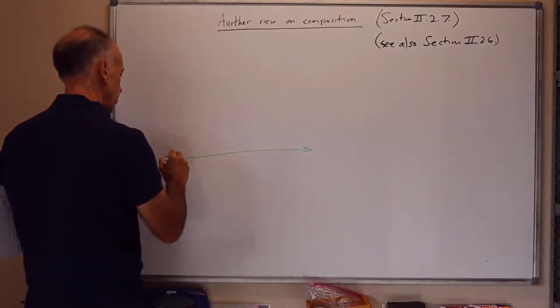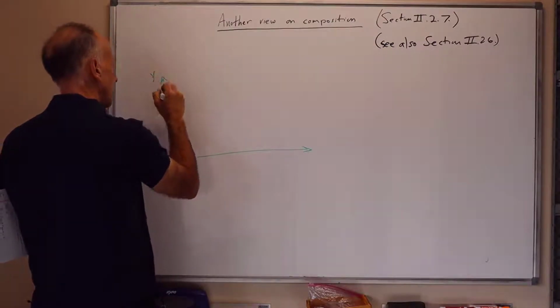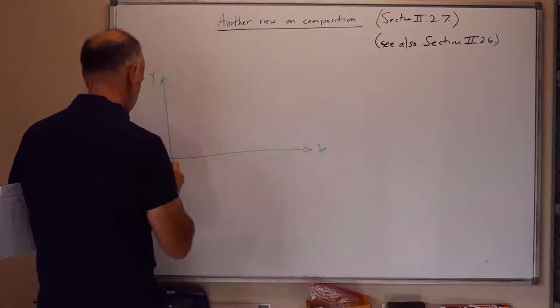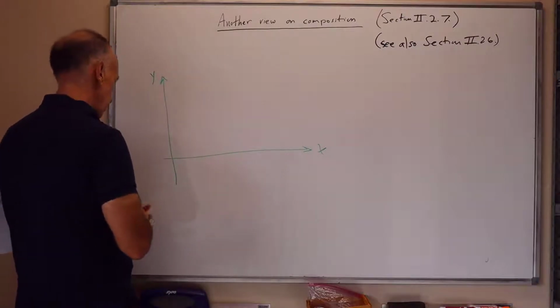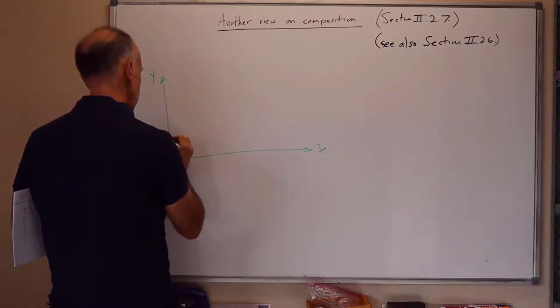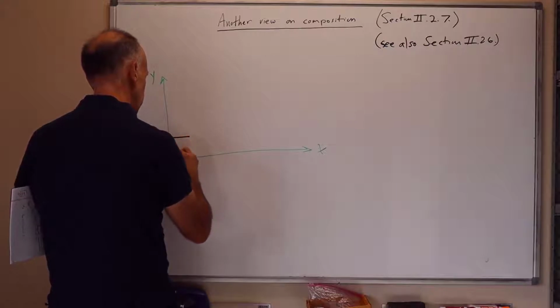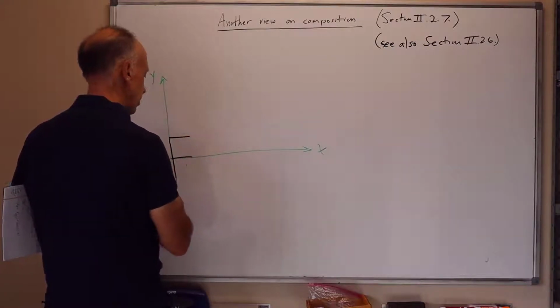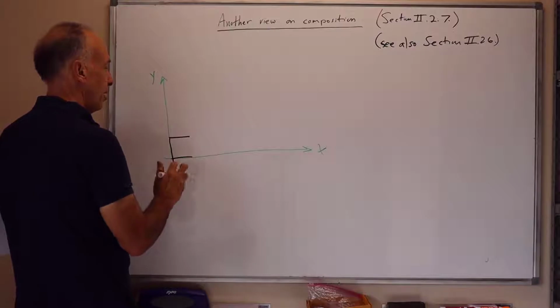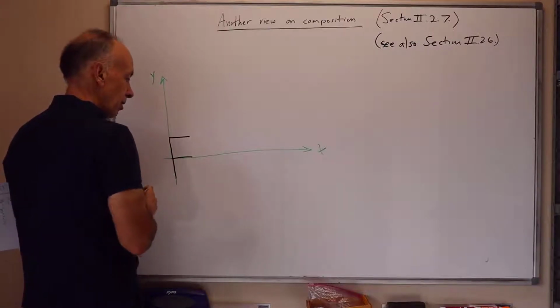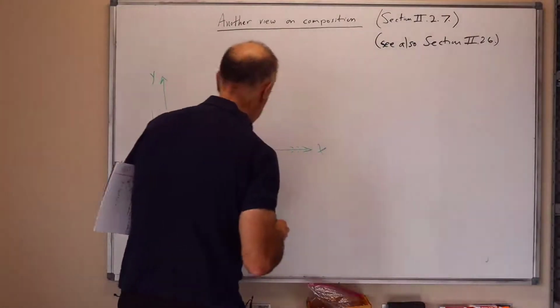Let me draw the axes first. So the x-axis is here, the y-axis is here. We've got an F sitting in the standard position at the origin, and we transformed this by